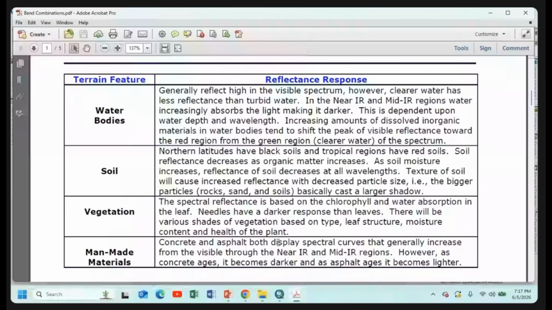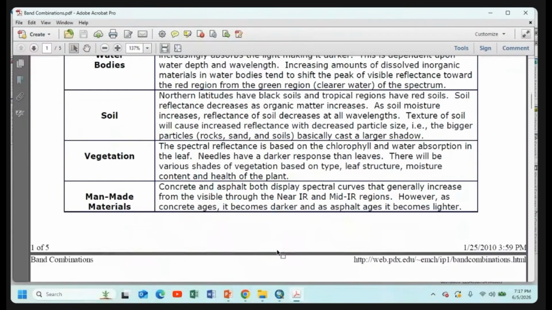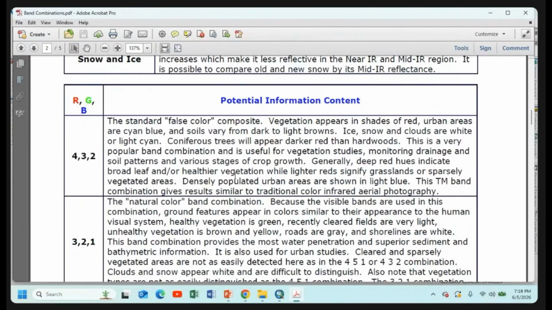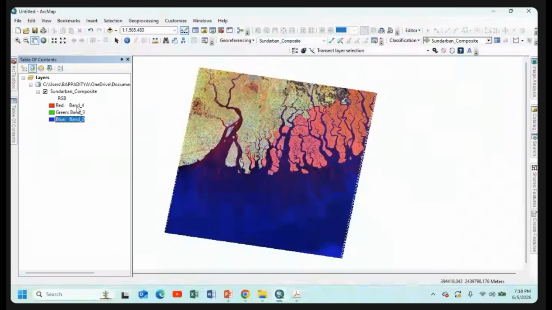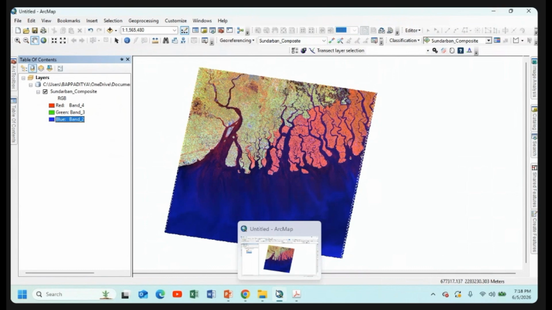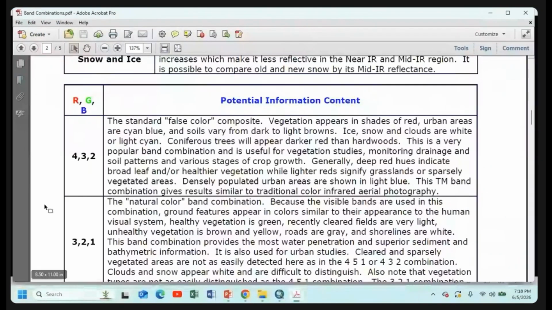This is the data that I have already extracted from the USGS site. From this site, I can access the features of this Landsat data. Here I go for 4-3-2, that is the false color composite, and from this composition I can easily identify my land use land cover features.